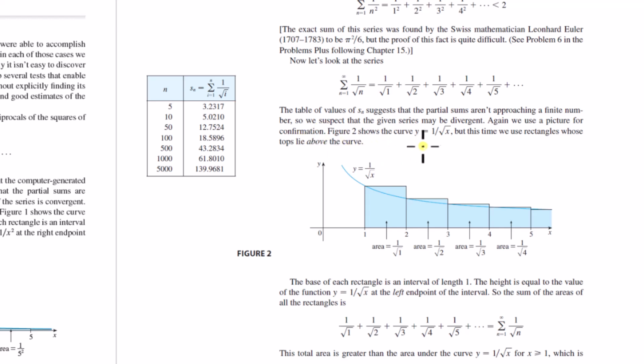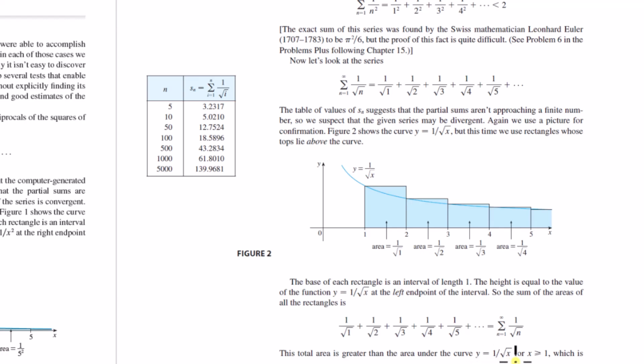Figure 2 shows the curve y equals 1 over the square root of x, the continuous curve. But this time we use rectangles whose tops lie above the curve. So they're evaluated at the left endpoint this time, and we're starting at 1. The base of each rectangle is length 1, and the height is based on the left endpoint. So the areas of these rectangles are 1 over square root of 1 plus 1 over square root of 2 plus 1 over square root of 3, and so on, and this total area is greater than the area under the curve